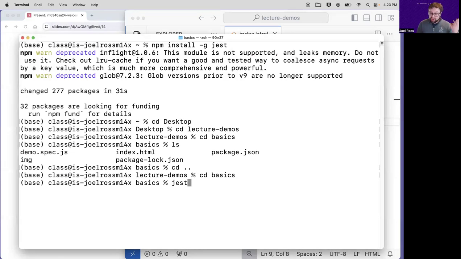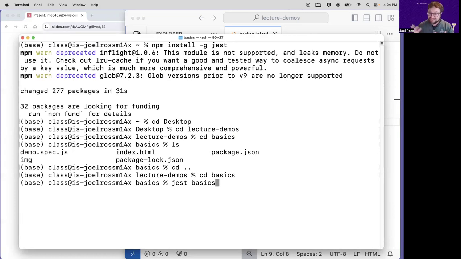All right, from there, we can use the command Jest. Because we've installed Jest as an application, we can now use that command. We can say run the Jest program, just how we would say run the Git program, from our command line. And the argument it'll take is which spec file or which folder we want to test. In this case, I want to test the content in my basics folder, so I can just say run Jest basics. I can also say run Jest demo. I can also just say run Jest, and then it'll test anything it can find, which will work just as well. But I'm going to say run Jest basics